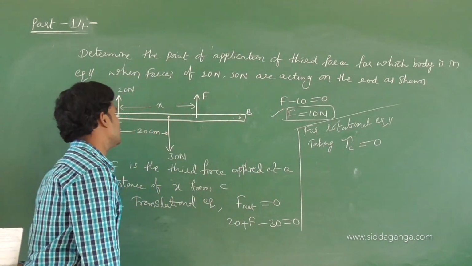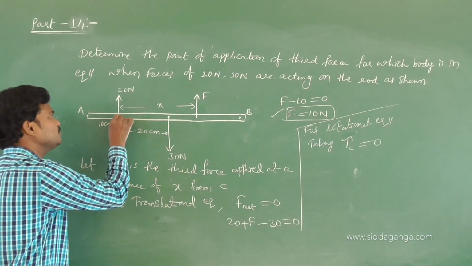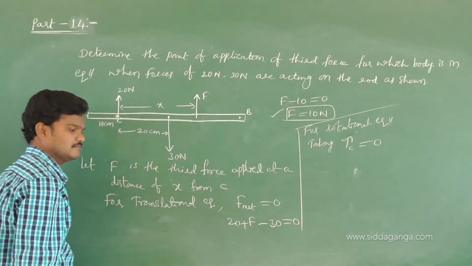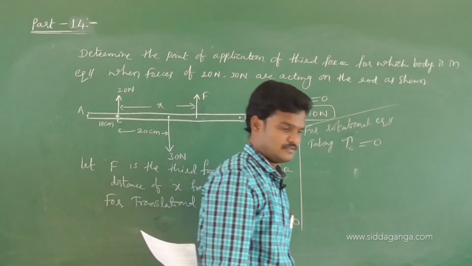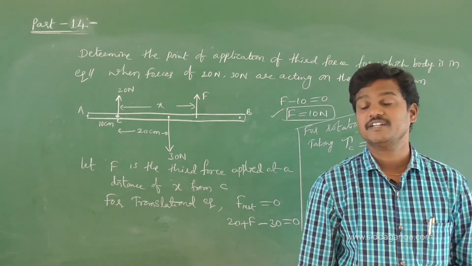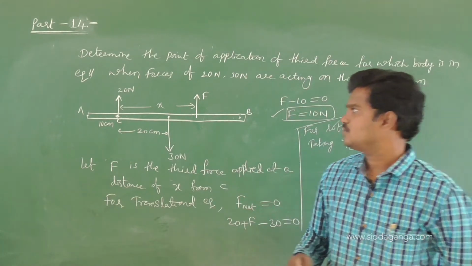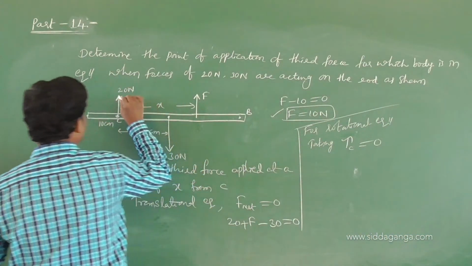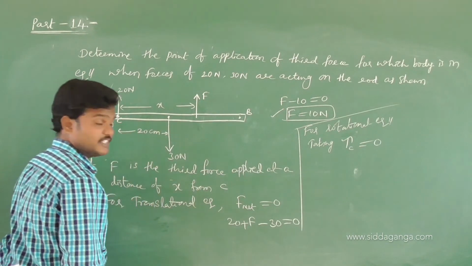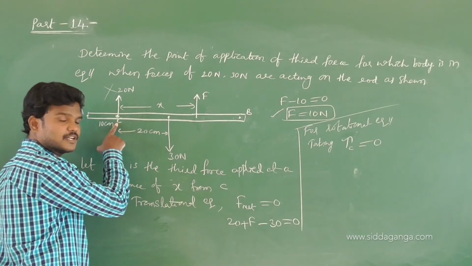Now let us take torque about C is 0. Here at C, 20 Newton is acting. Does this 20 Newton create any torque at C? It does not. It is a hinge. If you apply a force at the hinge, then there is no torque. So 20 Newton does not create any torque. Forget it. Coming to the 30 Newton. Yes, 30 Newton will create a torque at C. Tell me the direction. Clockwise, anti-clockwise?